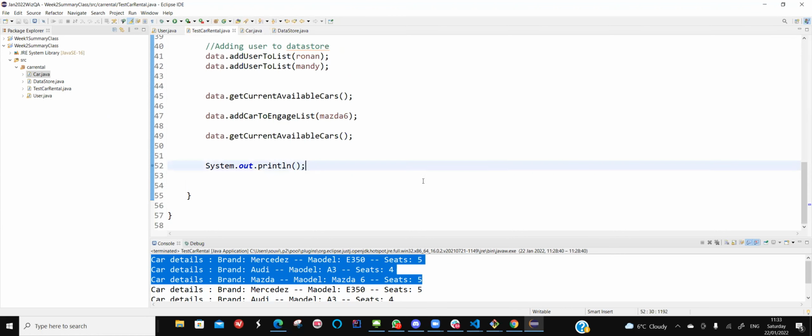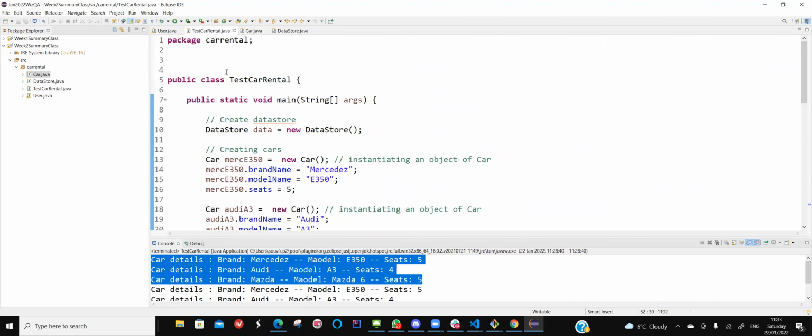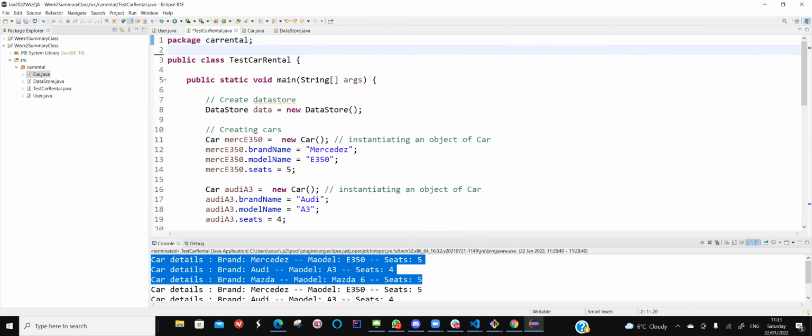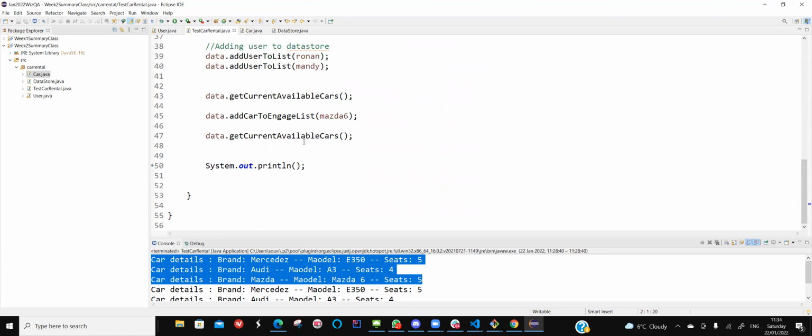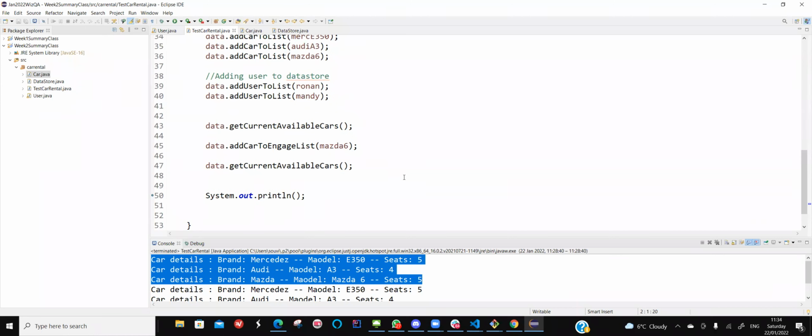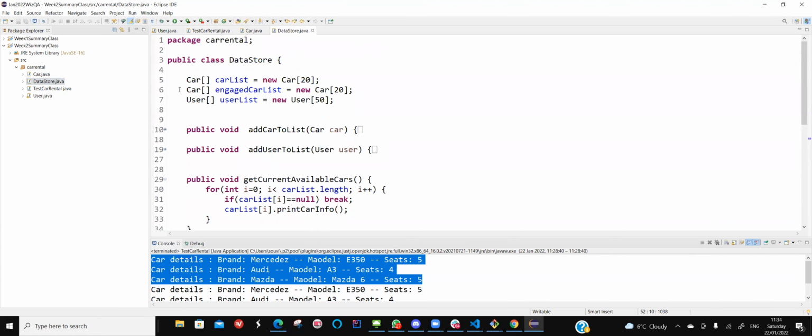Let's try to make a sale, right? This is my main controller. The one that I'm showing you right now is my main controller. Okay. How do I make a sale? I can create another class called sales class, and inside the sales class, I can write some methods to add the user and everything, but I don't want to do that. I want to do something else. Let's do this. In this method itself, let's create a method called as